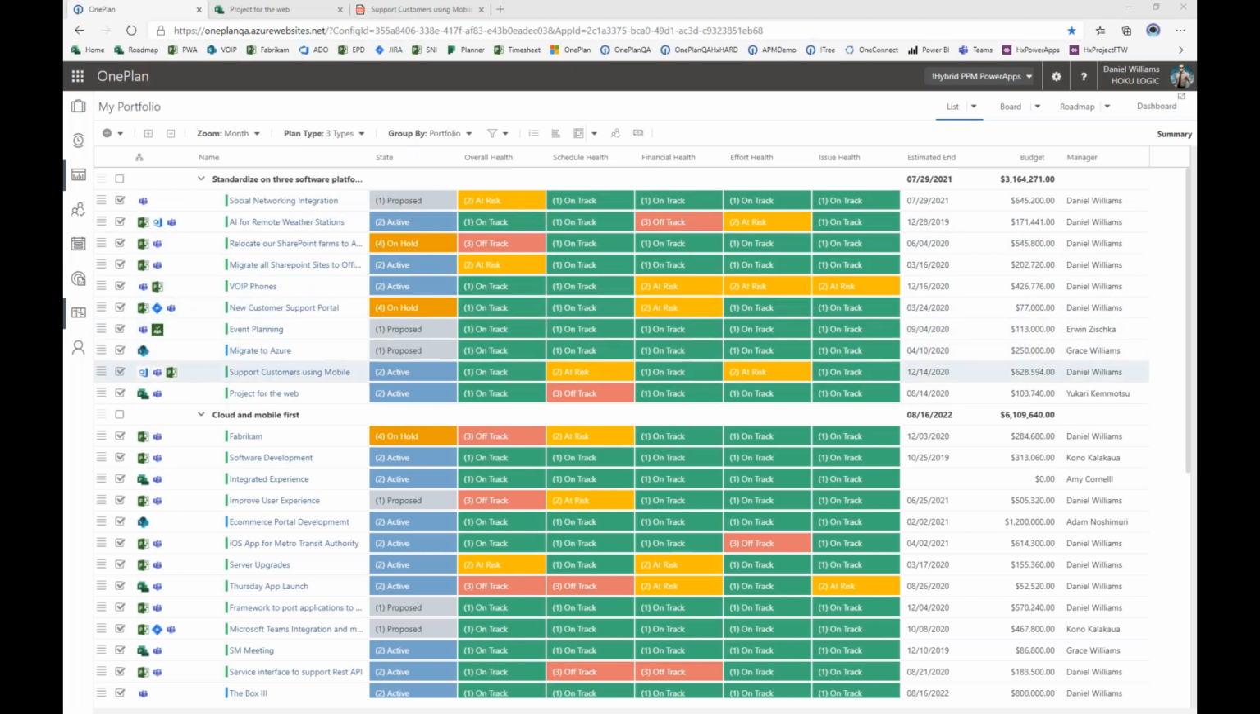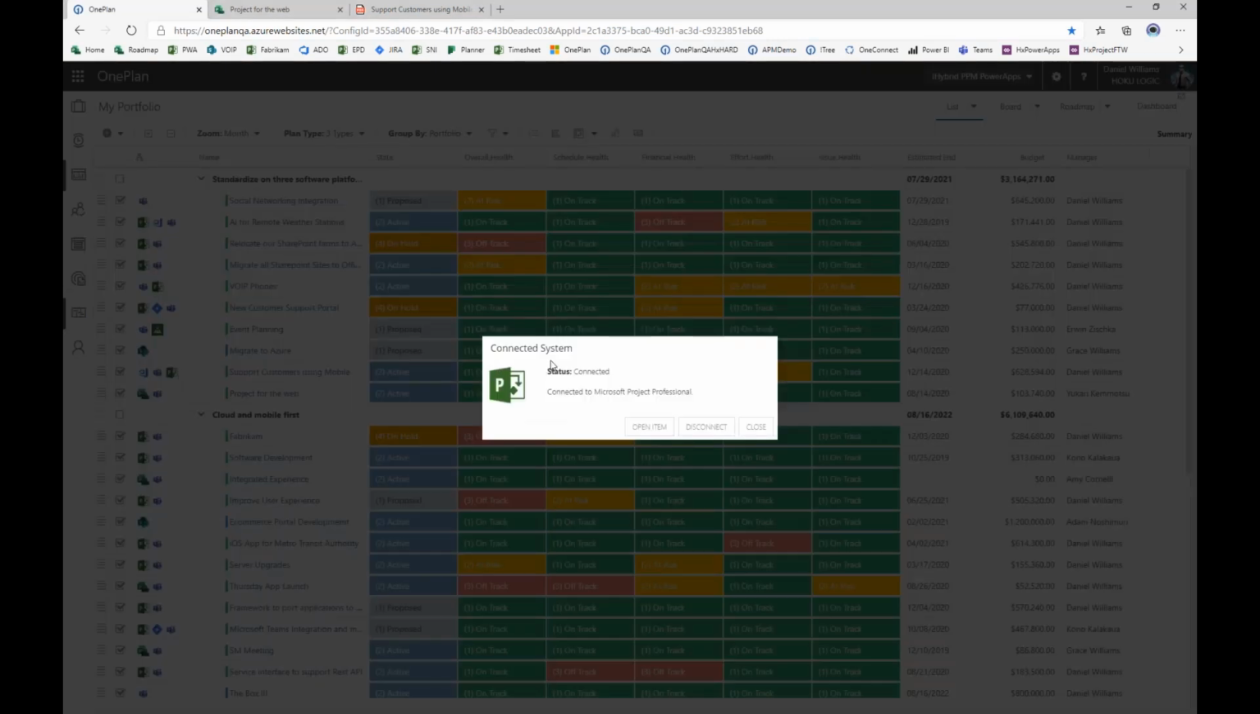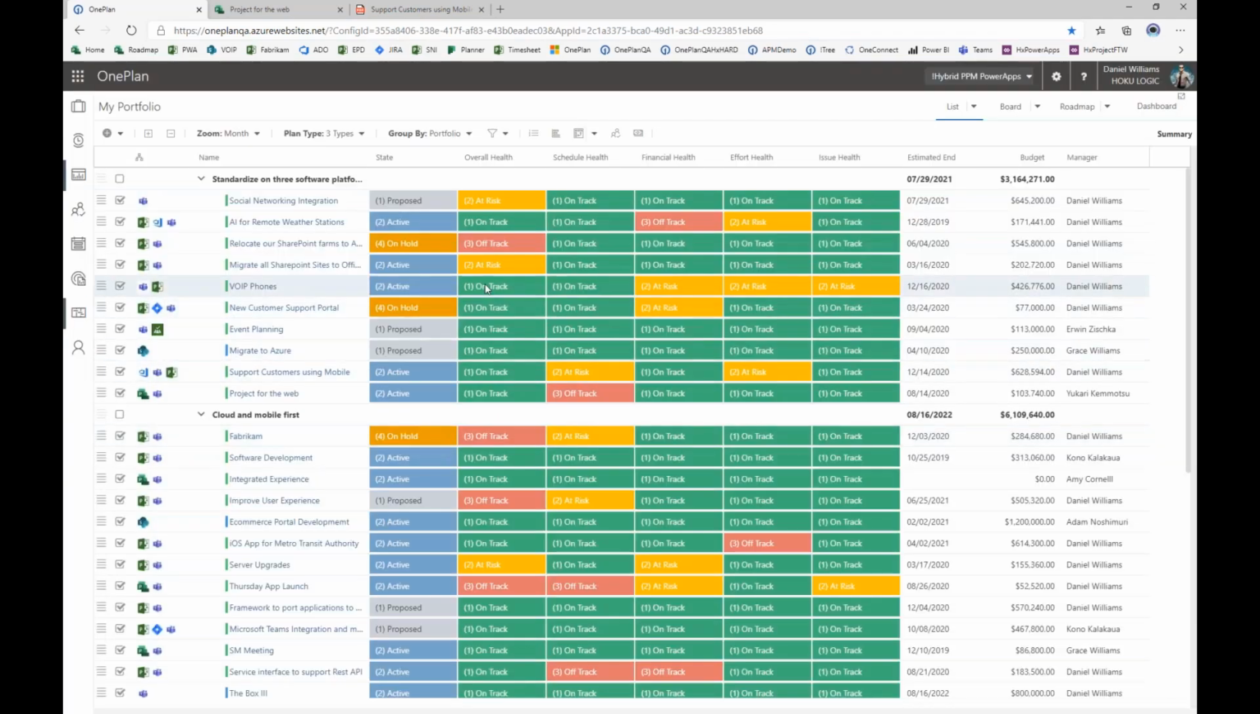So let's first take a look at how we integrate this project, support customers using mobile, with Microsoft Project. All I need to do to open up this plan is click on that icon. It tells me here that this is a connected system and it's connected to Microsoft Project Professional. So I can easily open this item to navigate through to that project in Microsoft Project, or if I click